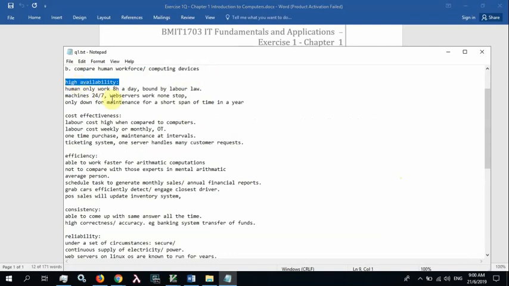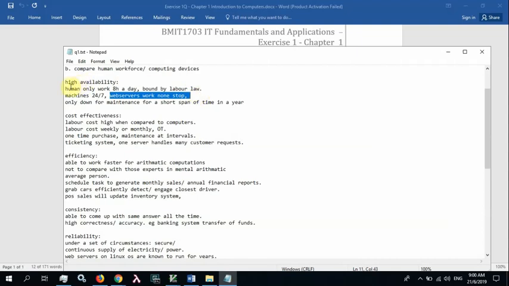24/7. Okay, for example, web servers. Have you ever seen the AirAsia website down? Of course, we have seen some times when there are too many requests going into their web server, and that causes things to be a bit slow. But in no way are the web servers not working at all. They are working all around the clock.